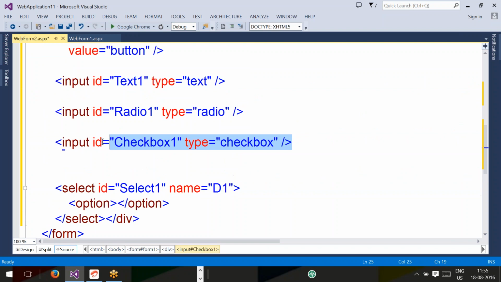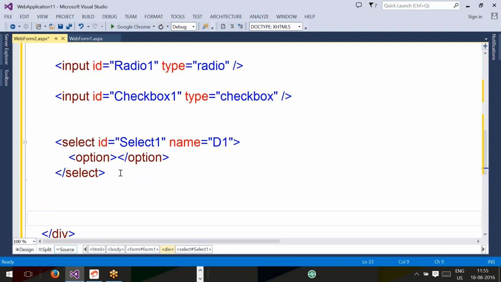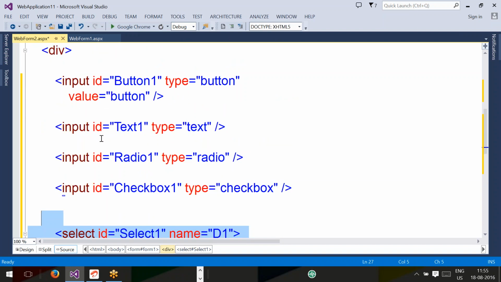The code for what control? Checkbox. This is the code for what control? Drop down list. So, did we write this code now? No. Drag and drop. The code is generated